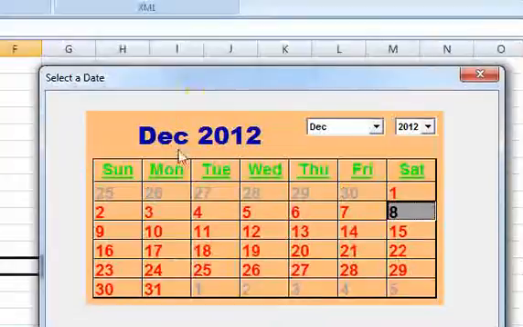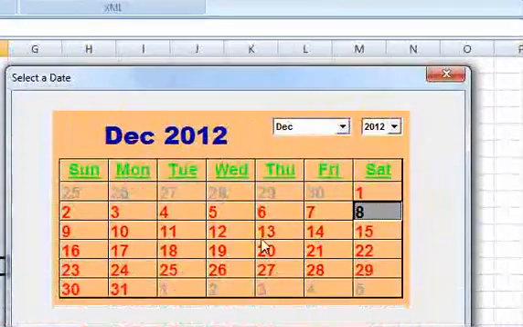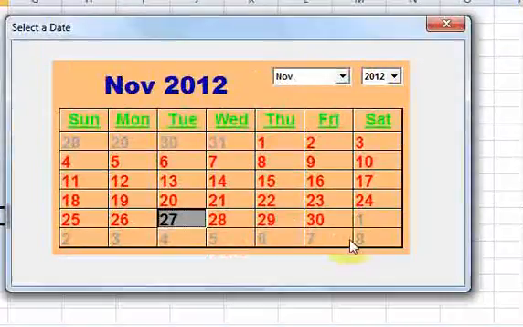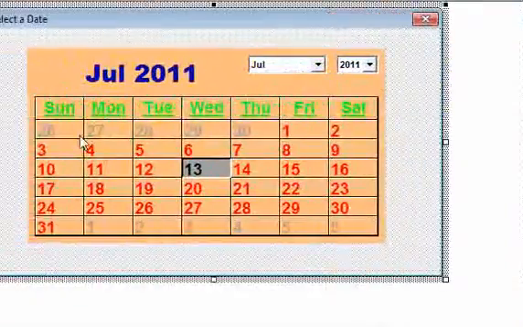Okay, so we see how this calendar works. We could select a month and a year. We can click on stuff, and it'll move to the next month if necessary. And cool. So the whole point of what we want to do is that we want to be able to hold on to whatever the user has selected here. Hold on to the date. So if they select January 18th, 2013, we want to know that. So we want to store that in a variable. We can do that pretty easily by